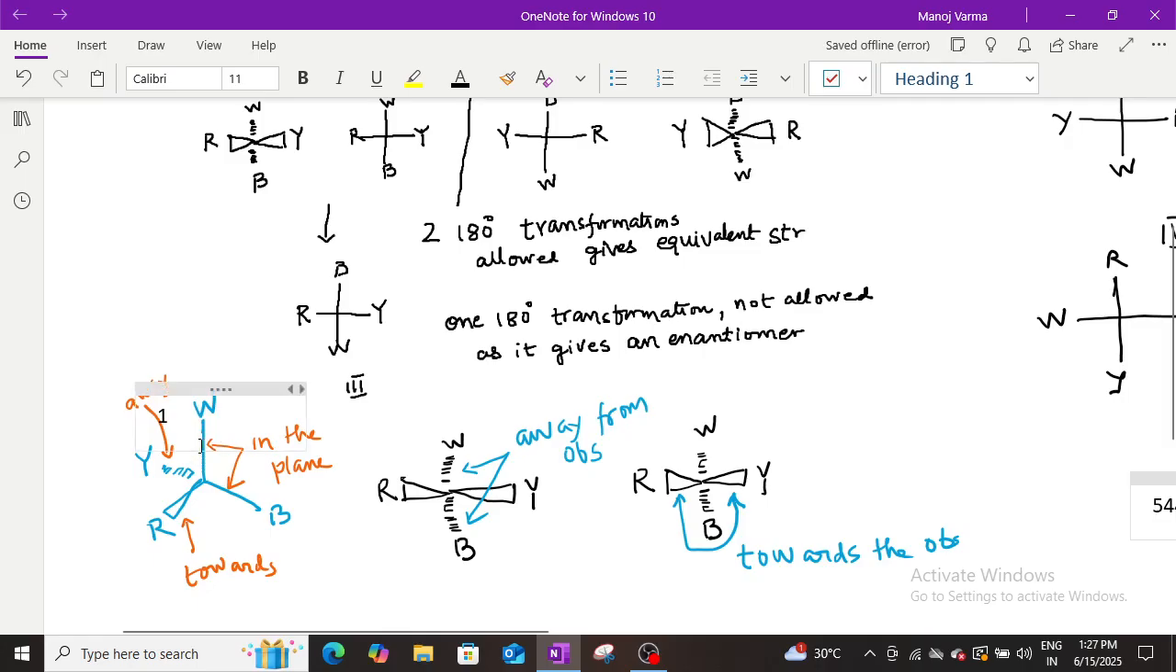We often use a wedge and dash structure where we know that the two bonds which are shown by normal straight lines are in the plane of the paper. The wedge shows that the bond is coming towards the observer, and the dash shows that the bond is going away from the observer. In this video I will also show you the three-dimensional models so that you get a